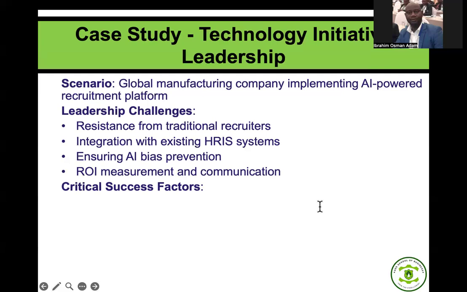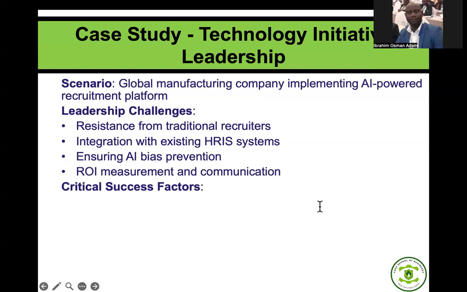They have also raised the issue that if you bring this technology, it will not be compatible with what was already happening in the organization. The top management are also saying that, no, we won't agree, because the AI is just a computer software. It may be biased towards some particular candidates and we may not be shortlisting some candidates. The board may also be saying that, look, we won't take it because return on investment is not clear. We are not sure whether this thing will bring us profit or increase revenue or whatever. So we are not interested.